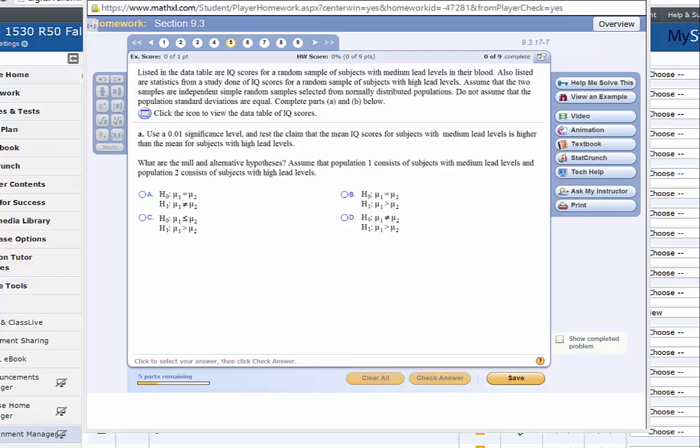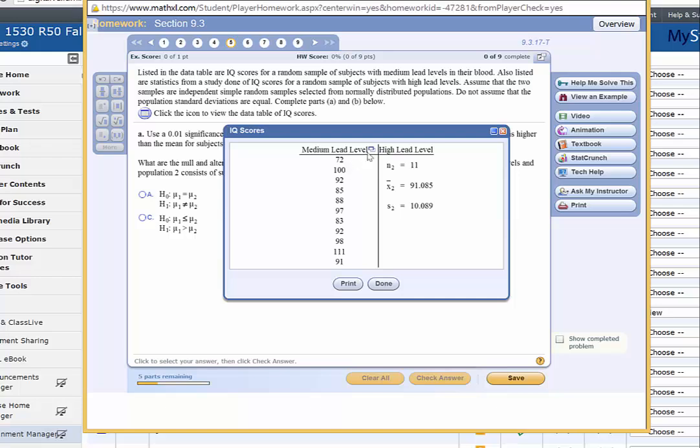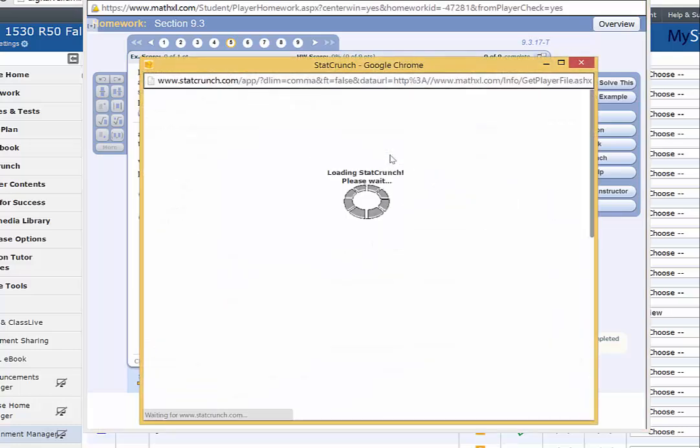If we click this icon, we're going to find the list of data values for the medium lead level group, and then we're going to find the actual statistics, the measures for the high lead level group. In order to use StatCrunch to compare these, we will need to find these same measures for the medium lead level group. So we'll click the little box, open it in StatCrunch,